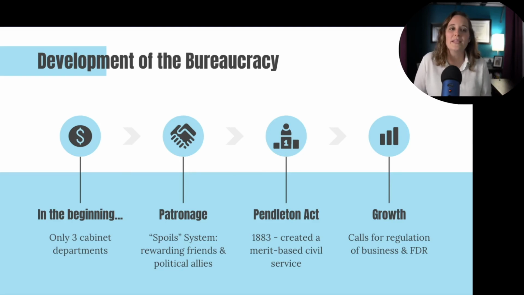Throughout the 20th century, the public called for more regulation of business. The public wanted the government to monitor abuses of the railroad industry, child labor, food safety, and they even wanted regulation of work and living conditions for laborers. The size of the bureaucracy really took off after FDR during the implementation of the New Deal, which was meant to help spur the economy after the Great Depression.